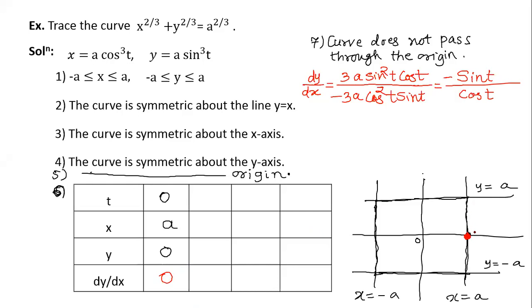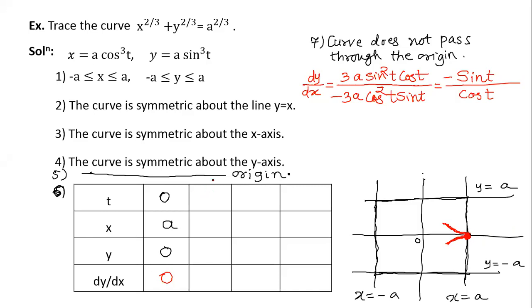That straight away means that at the point x equal to a and y equal to 0, there is tangent to the curve parallel to x axis. So the tangent will be like this, like this, like this. Shall we move further to the right hand side? Absolutely not, because we know that curve does not exist to the right of x equal to a. So it will be like this.